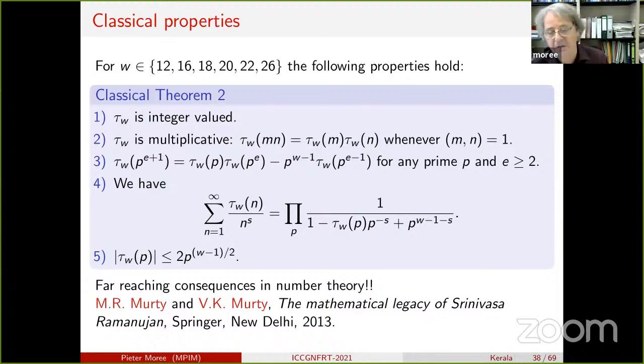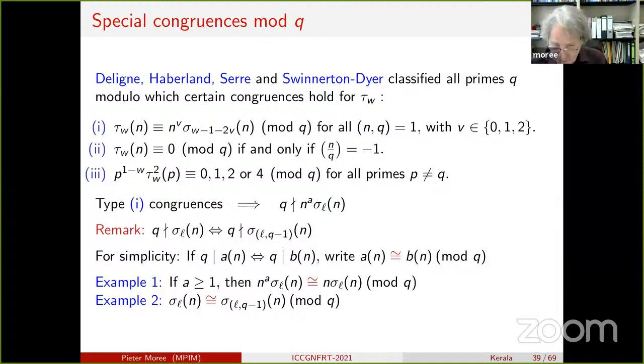And then we have fantastic properties here that were basically conjectured by Ramanujan. And of course, extremely famous developments followed. Only this last one is a fantastic work of Deligne in 1974. And so if you want to read something about this on a more elementary level, then this book of the Murty brothers is really nice, I think. So this led to incredibly important stuff. But the aspect that I want to focus on is just congruences.